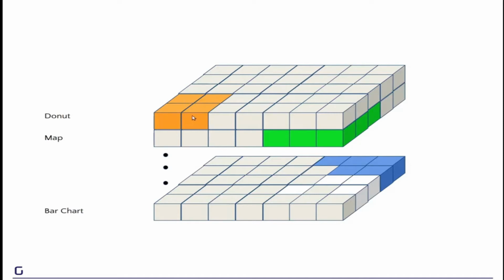So when we see these orange boxes in the donut layer at the bottom left, what it means is that there may be a donut chart at the bottom left of my page. Similarly, there may be a map at the bottom right of my page. And similarly, there may be a bar chart at the top right of my page. So accordingly, we can just put all of these things together and generate a different layer of confidence or attention for each type of chart.